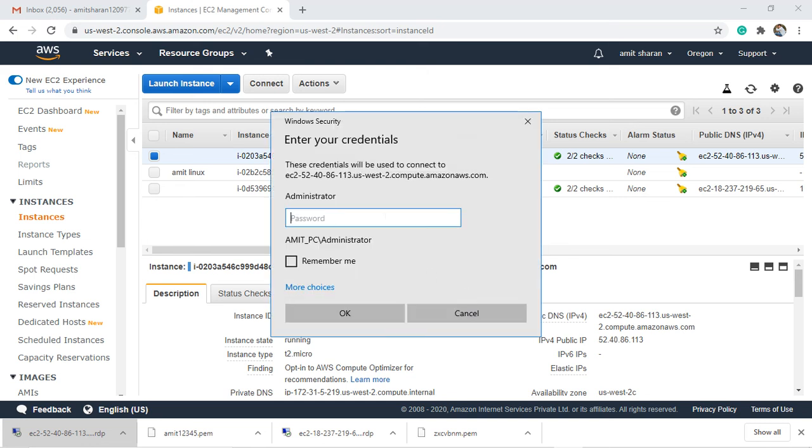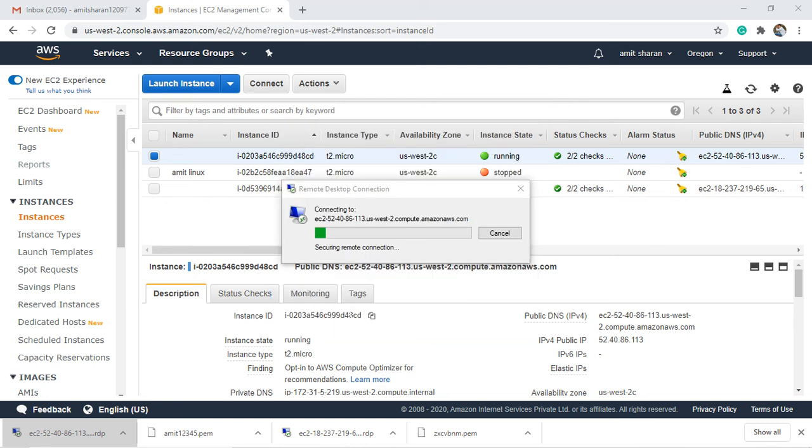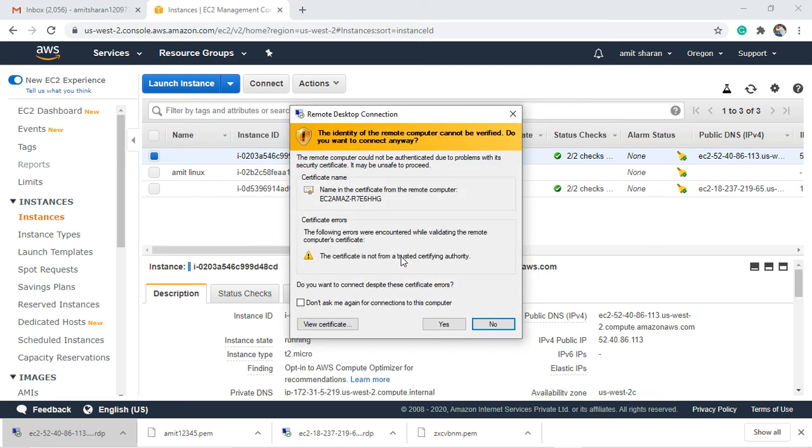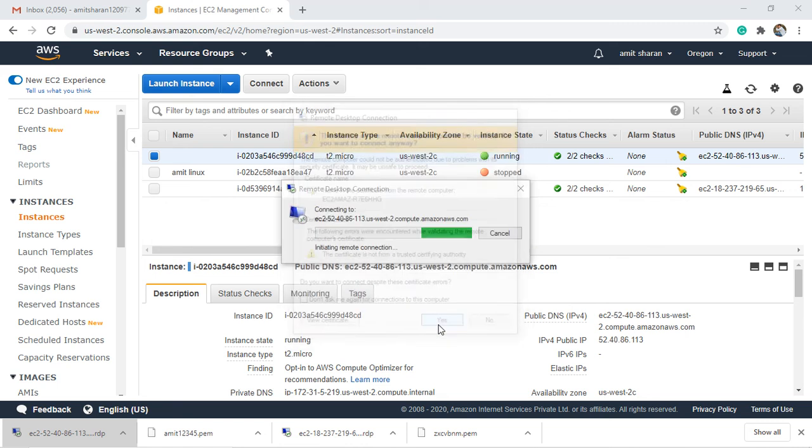It asks us for the password required for the virtual computer instance, virtual desktop. So copy your password, paste your password here, and then OK. Then click yes, and here we are in the virtual computer.